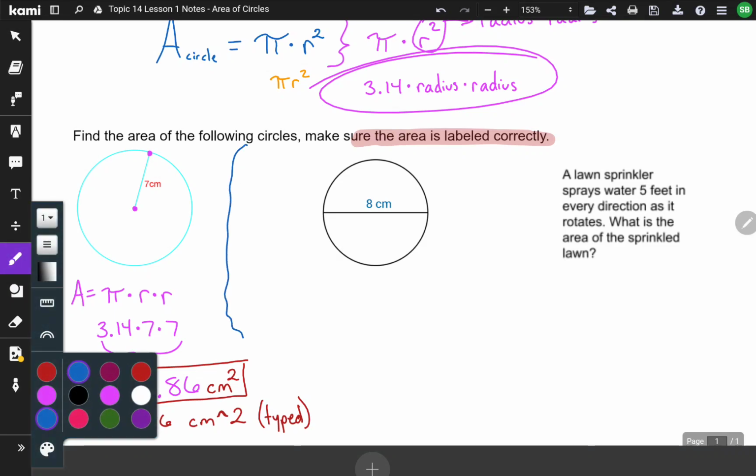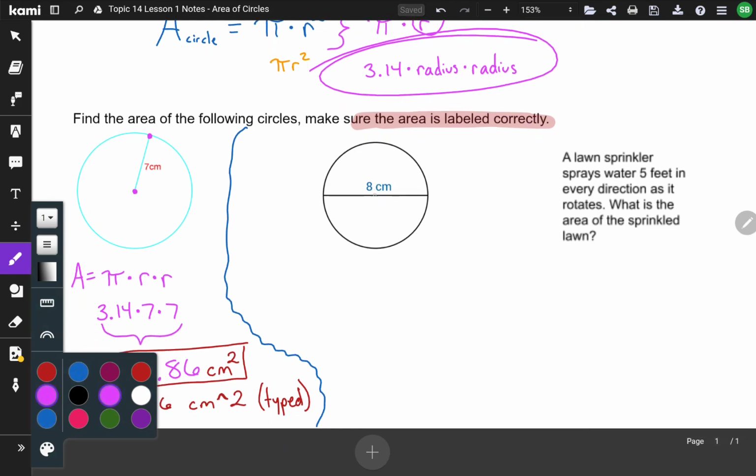Now, the second example takes maybe a little bit more work. Not a lot more work, but a little bit more work. It doesn't give us a radius. We talked about how a radius is the distance from the center to the outside, to the side of that circle. Well, if the total distance across is 8, and this is a radius, well, I know that this side is a radius. We didn't talk about it up top, but a diameter